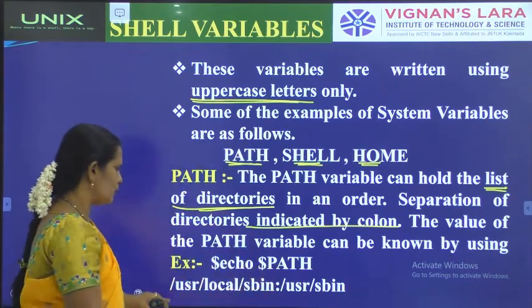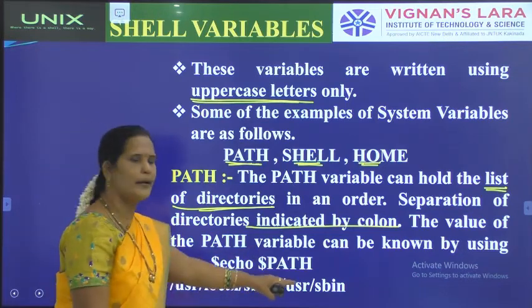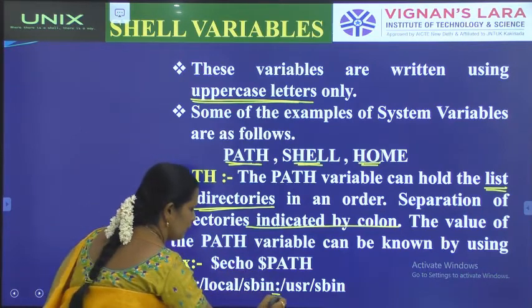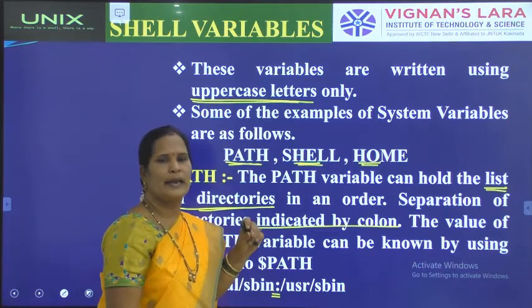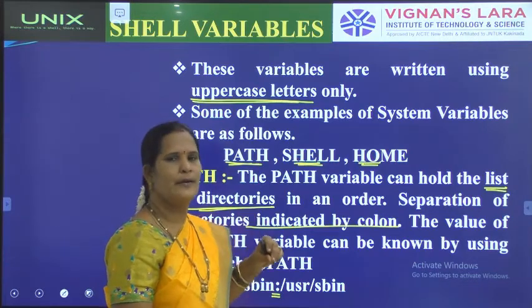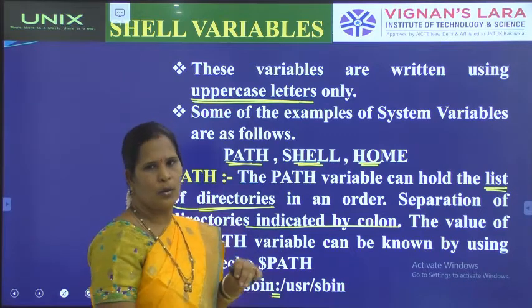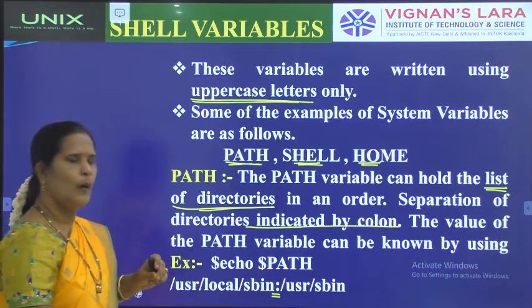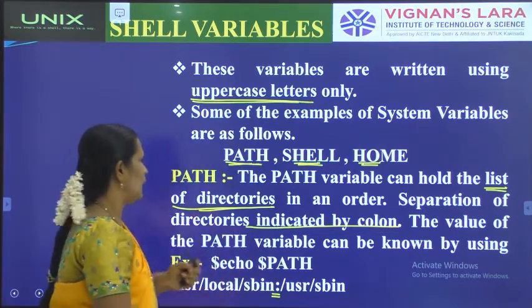So it is going to display the list of directories which are maintained in a particular order and separated by colon operator. So PATH contains what? A collection of directories maintained in a particular order and separated by colon operator. So PATH is also known as a system variable or environment variable or global variable. And the next one is